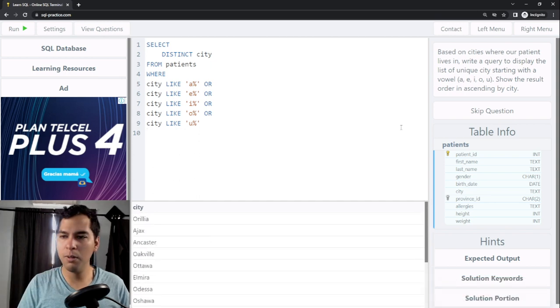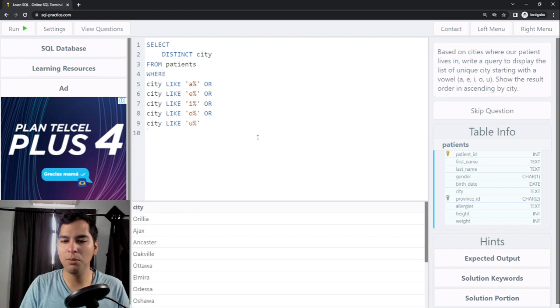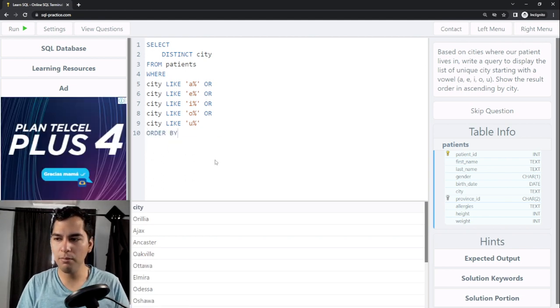But we are not done yet because it also says to show the result in ascending order by city. So we have to order because we have, for example, here Orillia, Ajax, Ancaster, Oakville, Ottawa, but we need to show the results in ascending order. For example, in alphabetical order, from A, and then E, and then I, O, and lastly U. So to do that, we need to use the ORDER BY clause, and we need to order by city because it says here order by city,